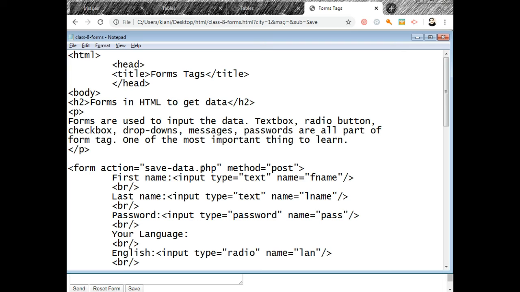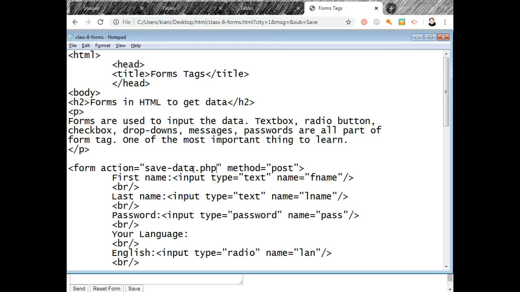When this PHP file gets the data, it will use this f name, get the last name, get the pass, get the language, get the text area message. So these names are used inside this PHP file. We will see some PHP code also, an introduction, right? So this was about the form tag.